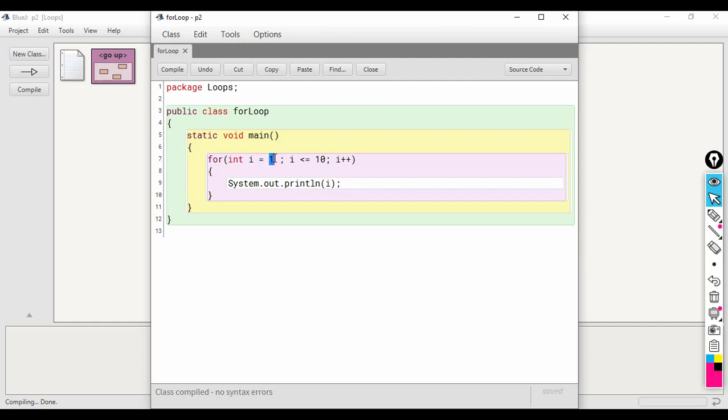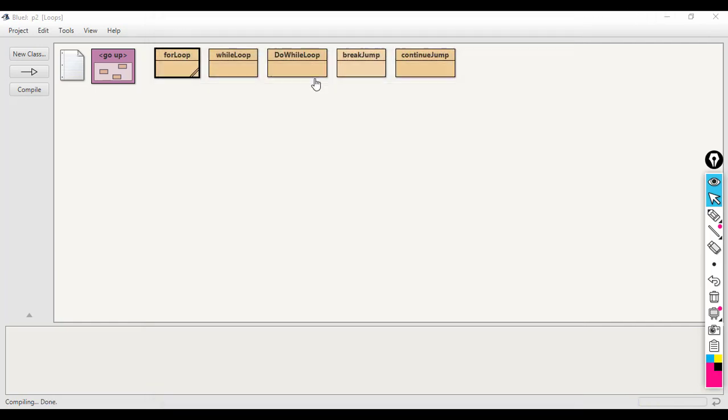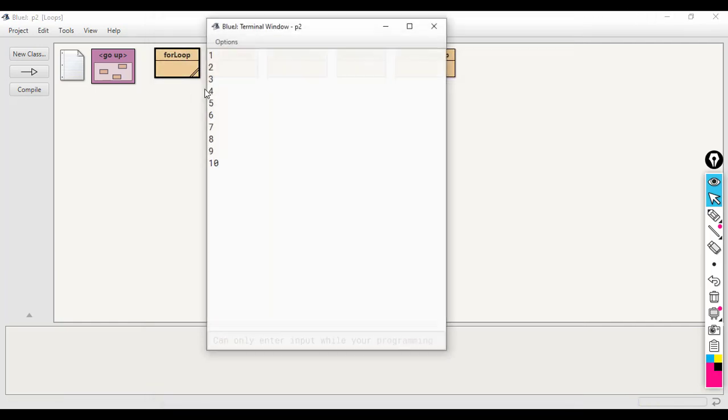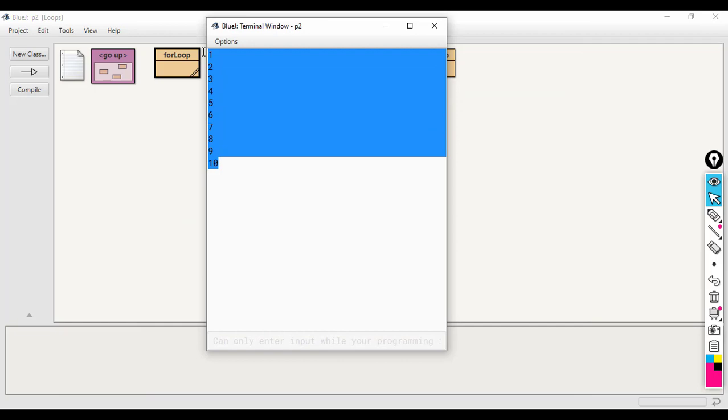First time I will be 1, the condition 1 less than or equal to 10 is true and control comes inside, I value is 1. So 1 gets printed, update will happen, I will become 2. Now 2 less than or equal to 10, the condition is checked, control comes inside and this time the value of I is 2. So 2 is printed. So this will print all the values from 1 till 10, as you can see in the output.